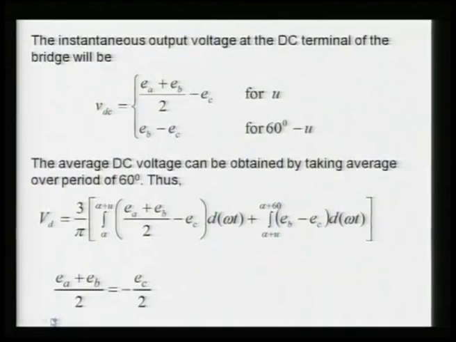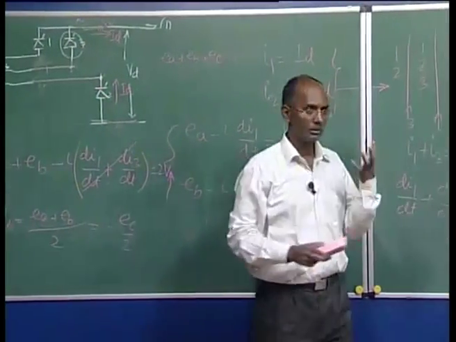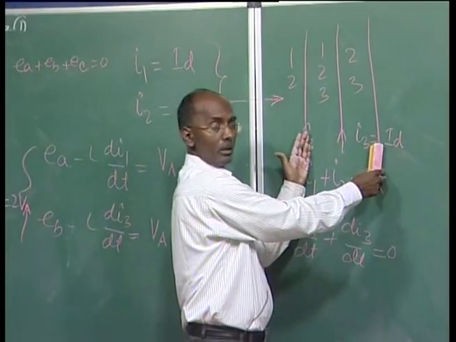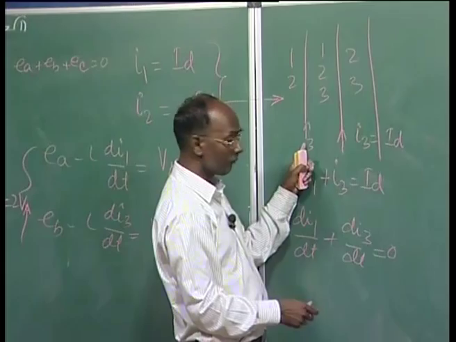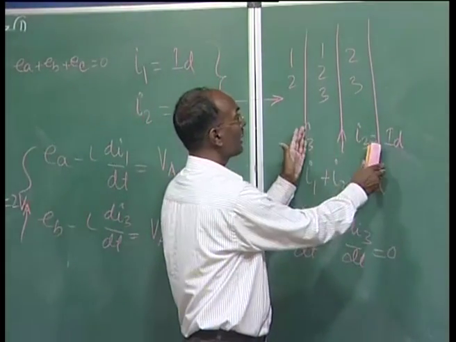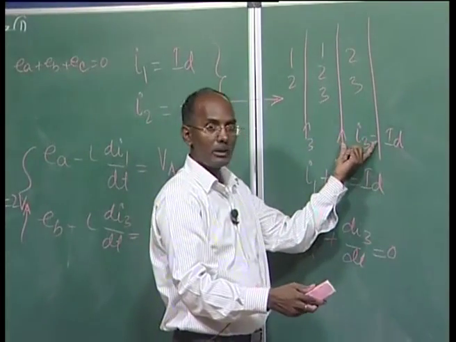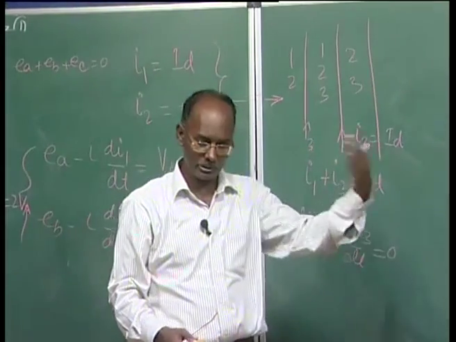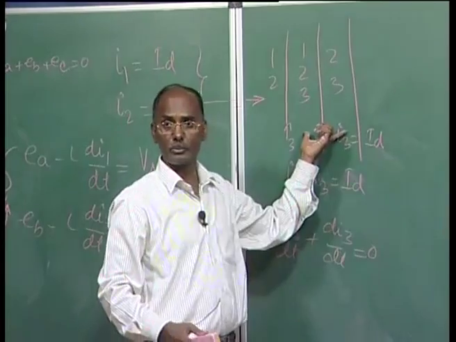So VDC here across this link, this is a small VDC, again this is your 60 degree, this is your 60 degree, and then we start from here. This is the total, as I said, this is your u period, this is your 60 minus u period, means the total is 60 period, and again these pulses are symmetric and repetitive. So we can just write what will be the VDC for this period only.